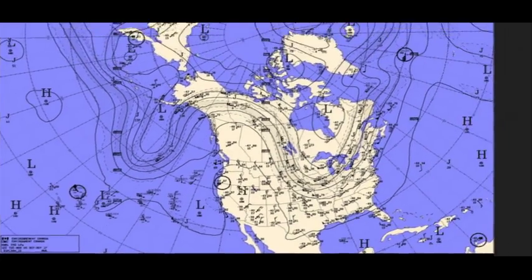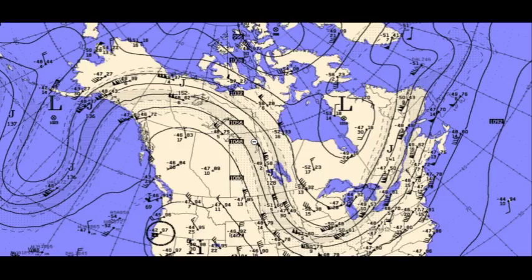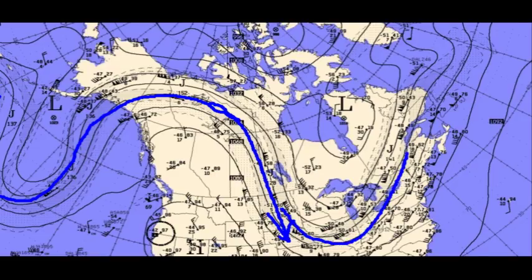Here's the 250 millibar chart. This is going to be up at about 34,000 feet, and this outlines the location of the jet stream, still very far to the north, all the way up over, I think that's Great Slave Lake over Northwest Territories, and then we have a northerly flow down into the North Dakota area, and then southwesterly flow across the northeast U.S. right there. And looks like the